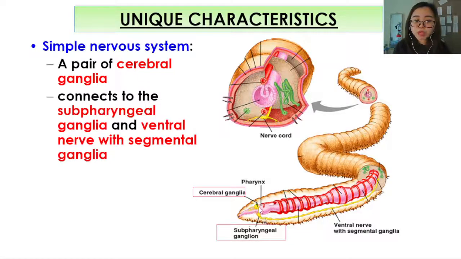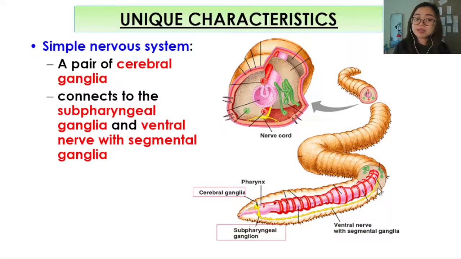Bahagian yang mirip otak, yaitu cerebral ganglia, akan bersambung kepada subpharyngeal ganglia. Subpharyngeal ganglia adalah yang di bawah ini. Okay, satu cluster neuron di bahagian bawah ini. Dan kemudian dia akan sambung kepada ventral nerve di bawah